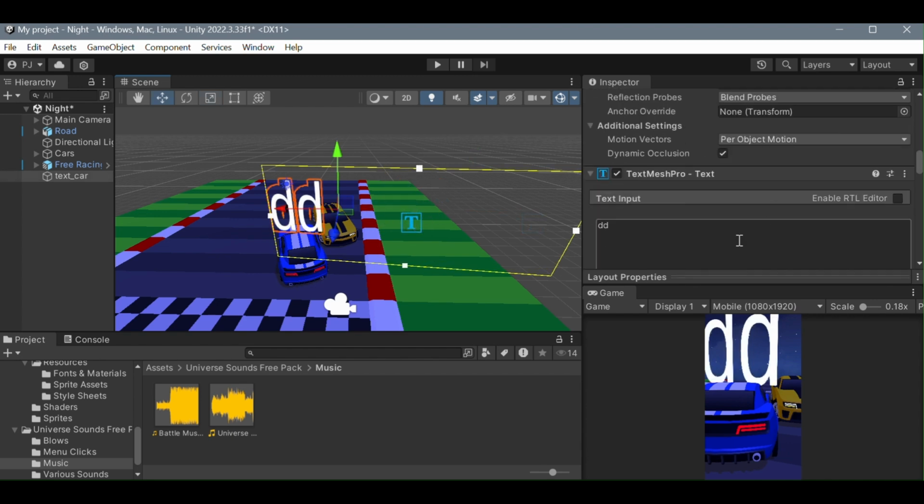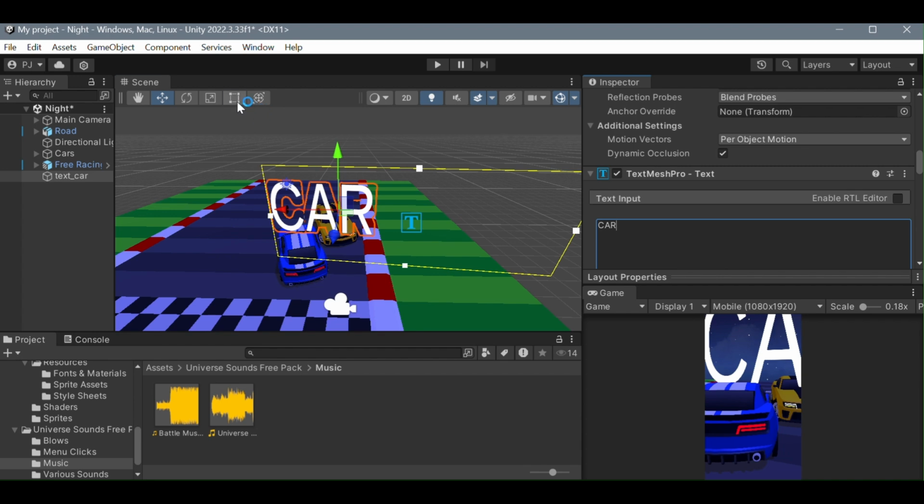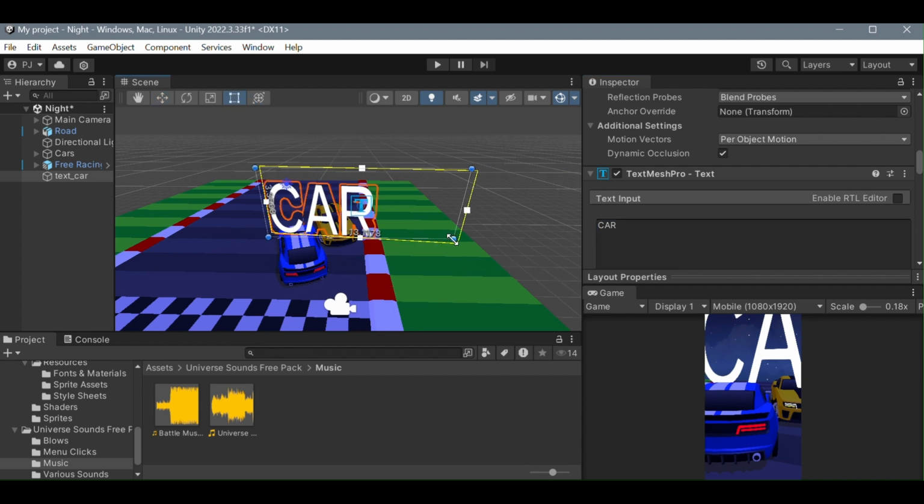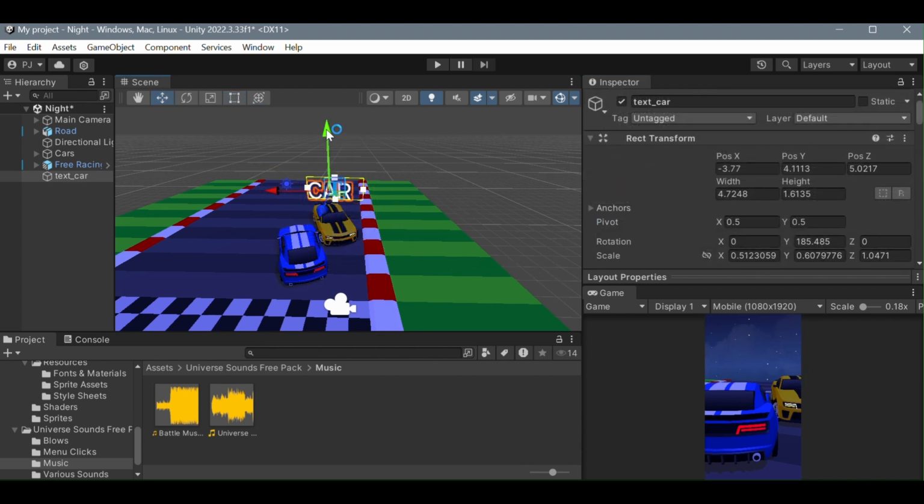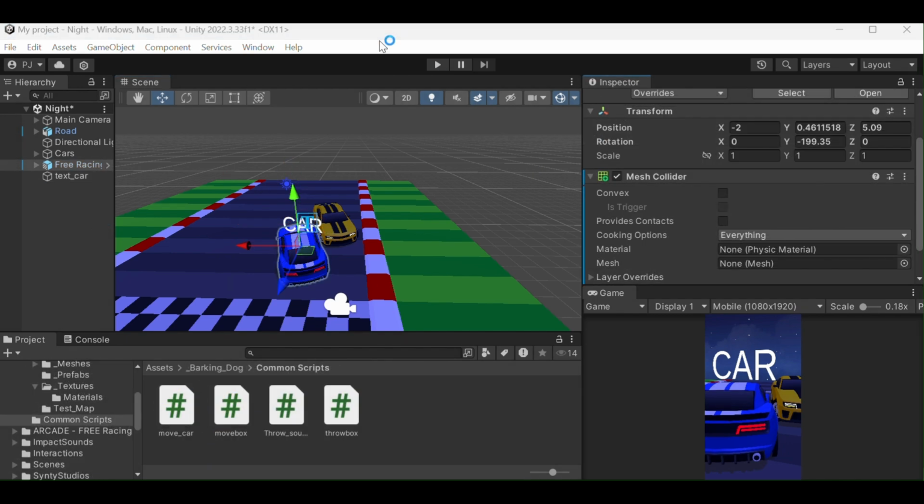I'll just name it as maybe car. Now I have to resize it. Quite easy. This is how we place the text. Now for adding